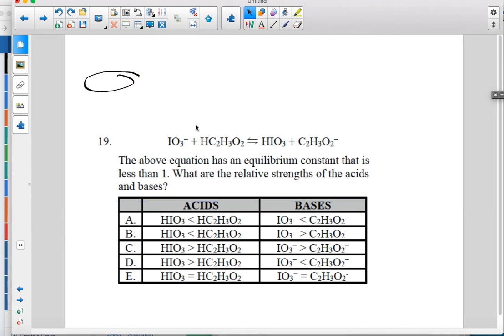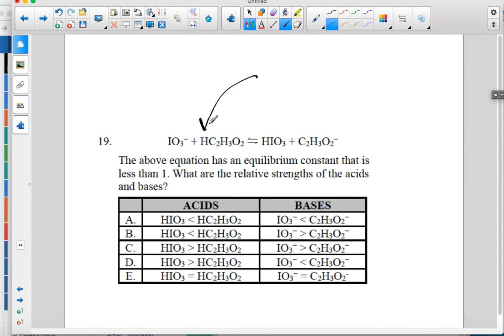So check it out. Here's how it works. If K is less than 1, what does that mean? That means that the species that is going to be mostly present is the reactants. So the reactants are going to be present, which means it's favored basically to go this way. It's reactant favored, which means in terms of acids and bases,